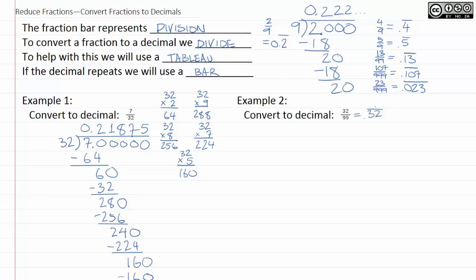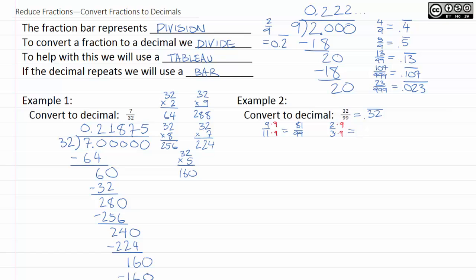So for instance, if I have, say, 9 over 11, and I want to convert that to a decimal, you can divide 11 into 9 if you want to, but it's actually a little quicker and easier to just multiply the top and the bottom of this by 9. And if you do that, you will get 81 over 99. Or if you have something a little more basic, like 2/3, you can turn 3 into 9, so multiply the top and the bottom by 9 here, and you'll see that we get 18,